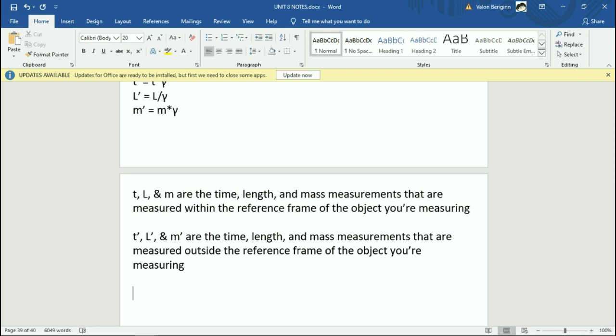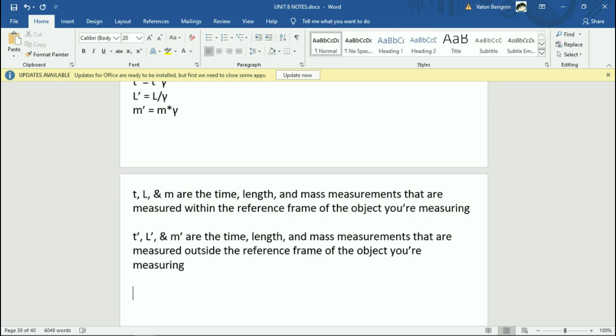Let's say you're standing on the ground, and you see a spaceship fly past you at 10% the speed of light. Ignoring how you could actually see that happening, let's go even further. Say somehow, while it's flying past you at 10% the speed of light, you can measure this spaceship's mass,